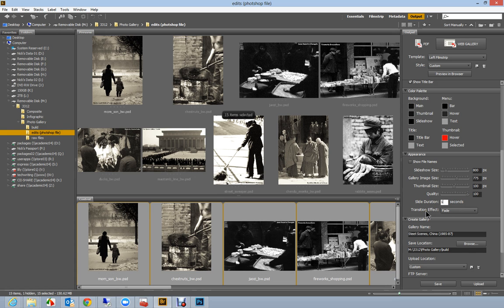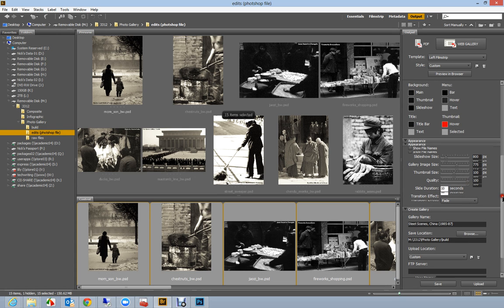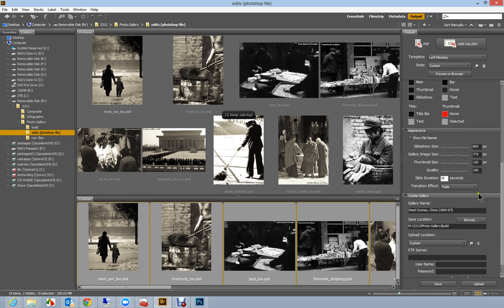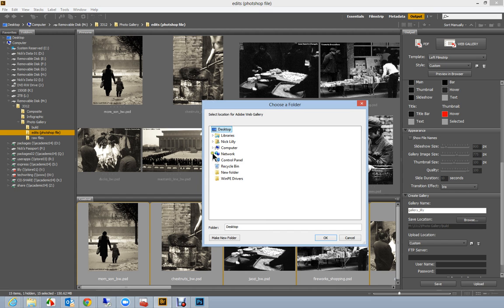The slide duration I think is a little too quick, and I'm going to try the iris. I haven't looked at that. The gallery name is the folder name, so this could be something like Gallery Lily. That's the folder name it's going to build it in, and this would be the folder name if you FTP'd it to a website. So then I need to browse to my thumb drive,